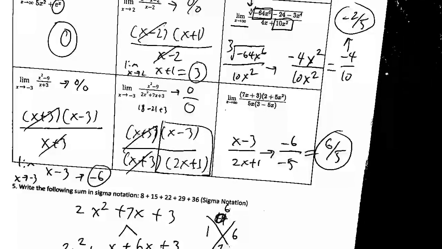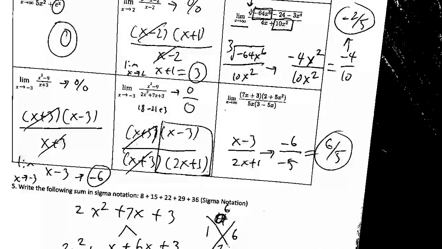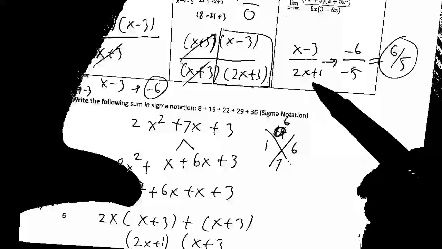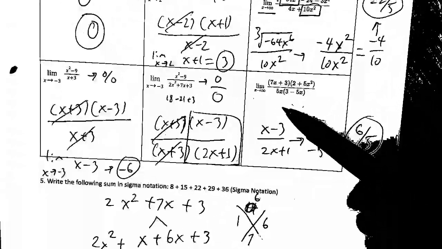So what's the answer? The answer is 6/5. So you factor, cancel, plug it back in again, you get 6/5. This one,